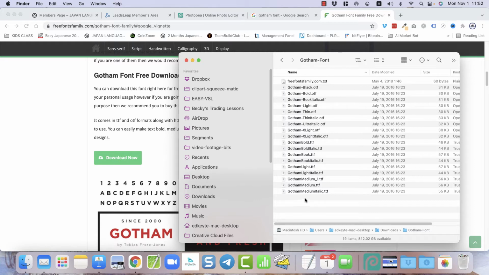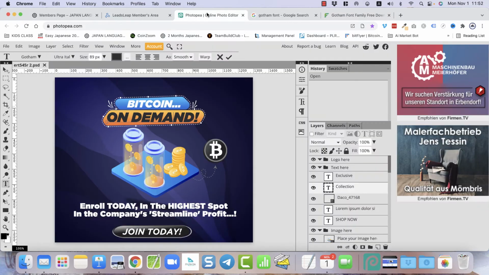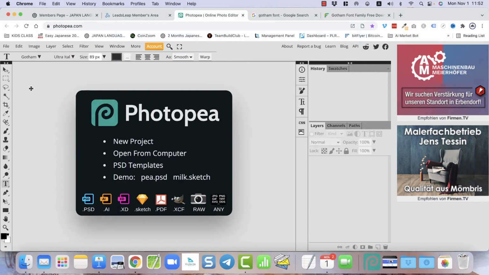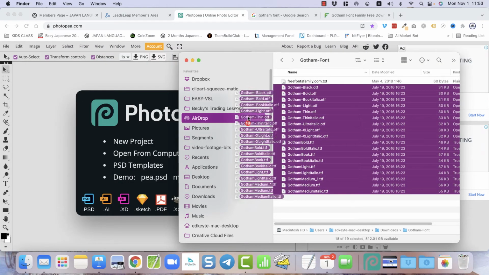You won't need all of them, but basically what I recommend is just highlight all the font files, including the TTF files and the OTF files, etc. You obviously don't need the text file here. That's just information. Then you need to go back to here. One thing you can do is go back to the original page, maybe just refresh this page to start from scratch, and then go back to your folder and drag all those fonts